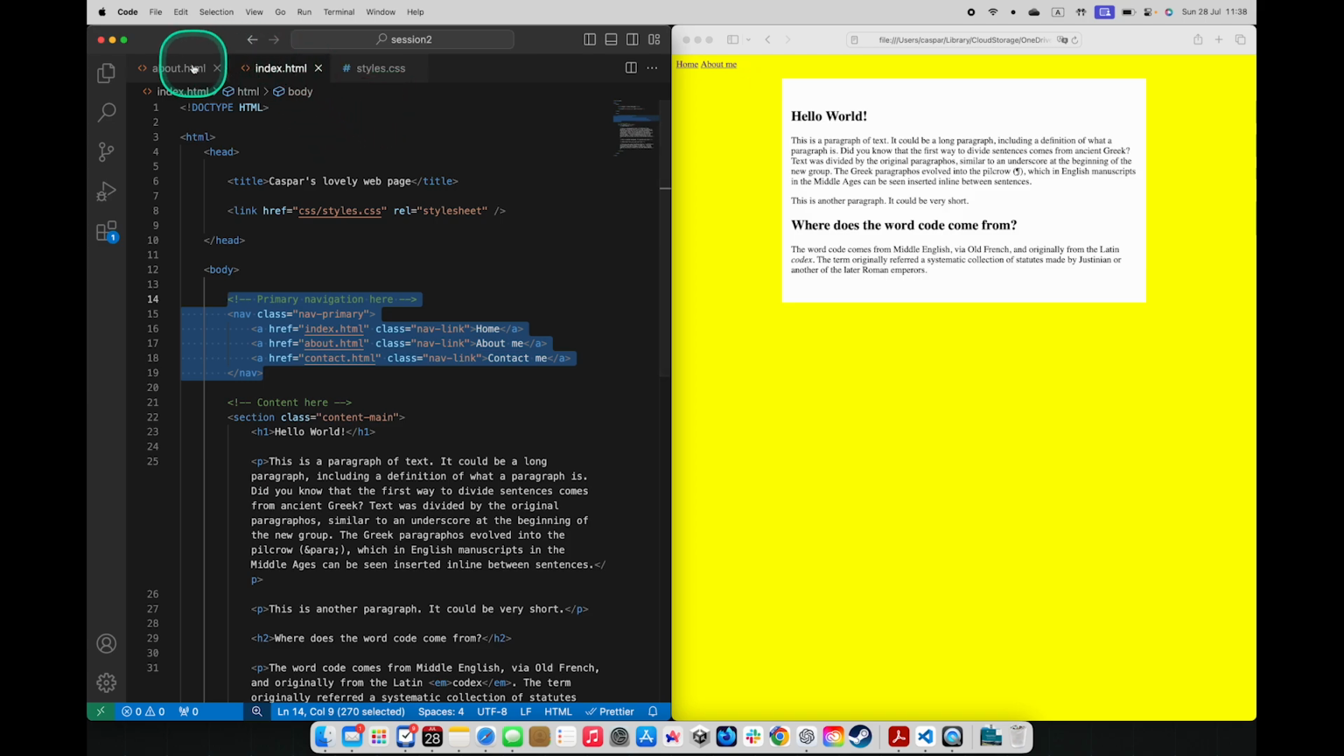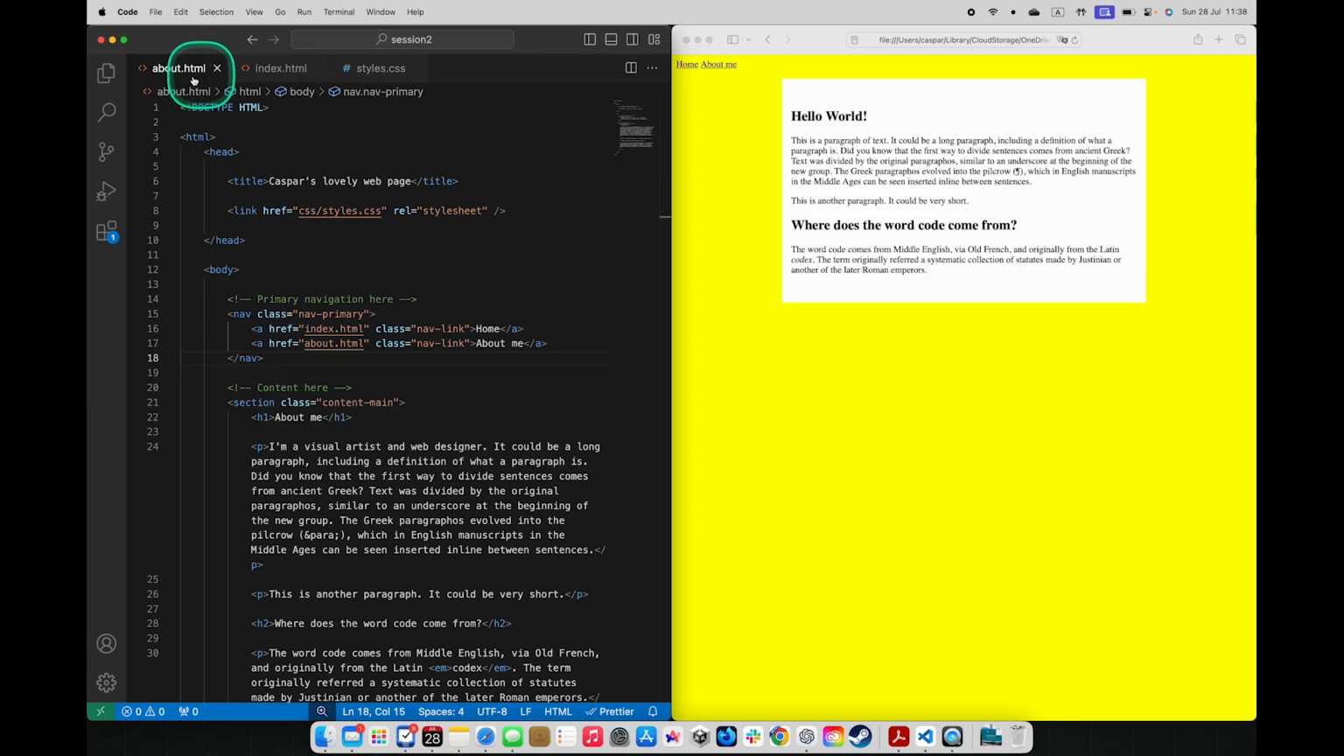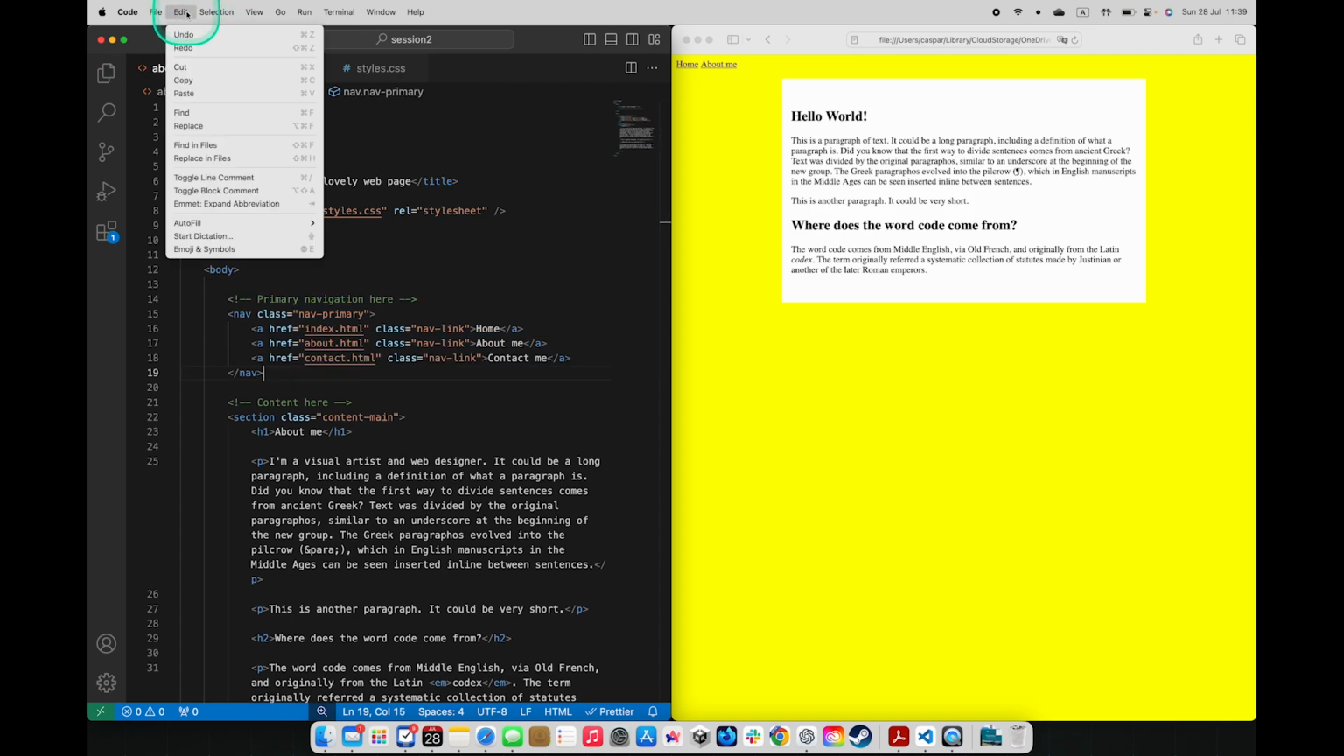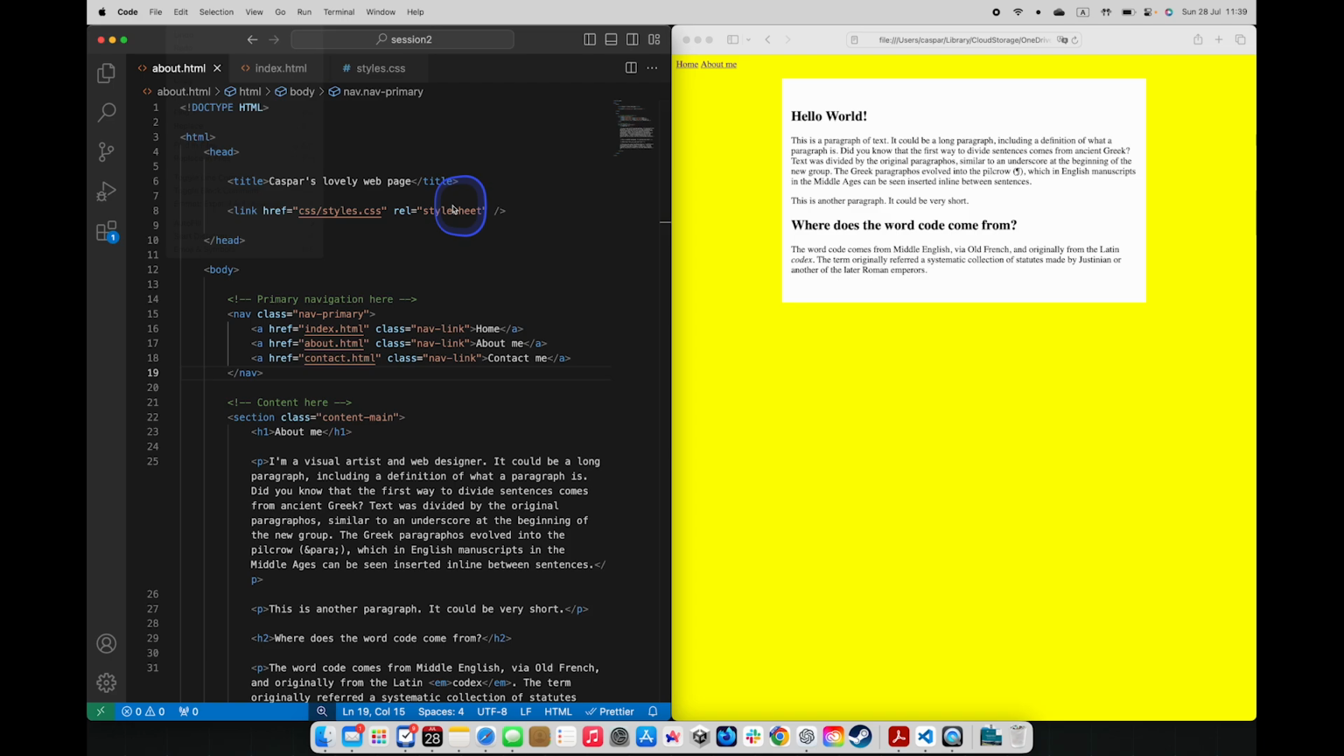So I've copied that, and I go back to my other page, my About page, and I just select that and overwrite it with a paste, with a Command V or the paste command under the Edit menu. Edit, Paste. Okay. So that's now consistent across all of those pages. So if I hit Command R,